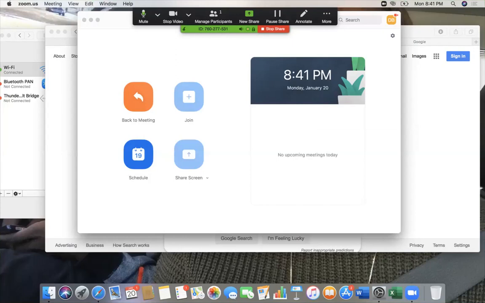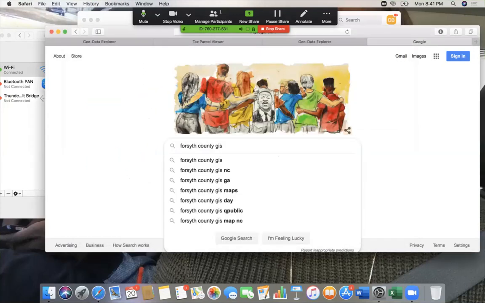Hi guys, so once again I am attempting to make this video to show you once and for all how to use our treasure map. And by treasure map I simply mean the Forsyth County GIS. This is one of the first systems that you should learn as far as the real estate tax searches, because this is where the majority of the leads that I give out or that we'll joint venture on come from. So the first thing I'm doing is I'm in Google and I put in Forsyth County